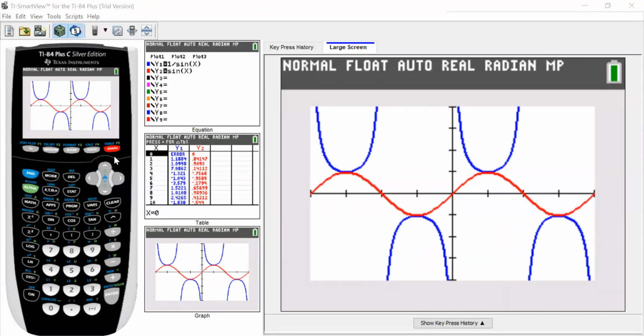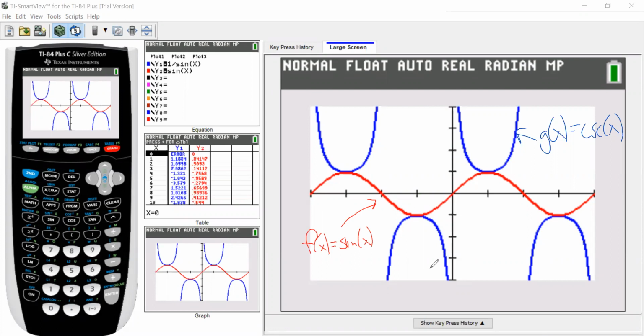So let me go ahead and label those. Not like that, there we go. So again, the blue here, that's going to be, I'll call it g of x equals cosecant of x. And then the red function there would be, I'll call it f of x equals sine of x. Okay, and hopefully you see that there is some relationship between the graph of cosecant and the graph of sine,